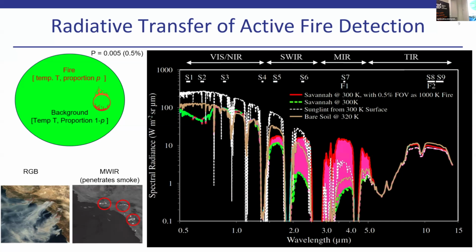Basically, the extra radiance being emitted by the fire in the red line compared to the green line is the extra radiance emitted by that being present in this pixel compared to if it wasn't there, and that is the fire radiative power. So basically, we just need to estimate from the data itself this purple additional radiance. And although it's being emitted over all wavelengths there, you can actually use the middle infrared to do that.